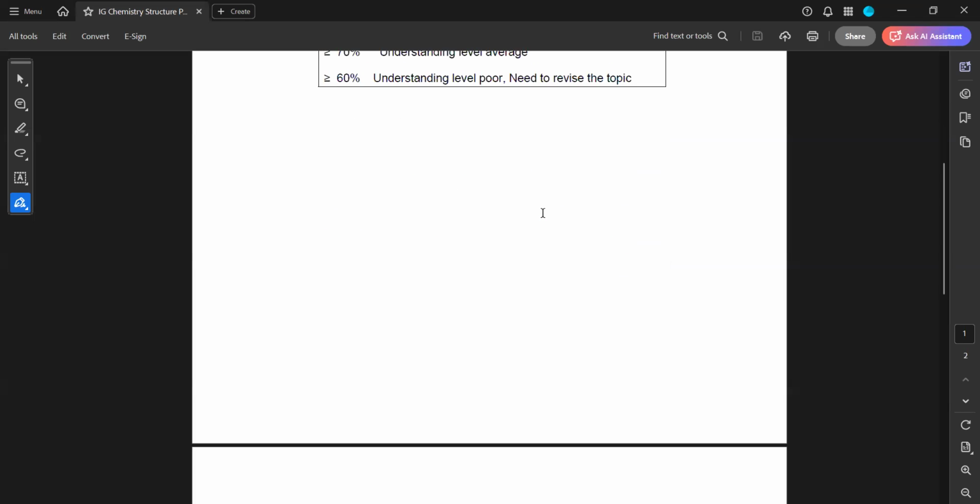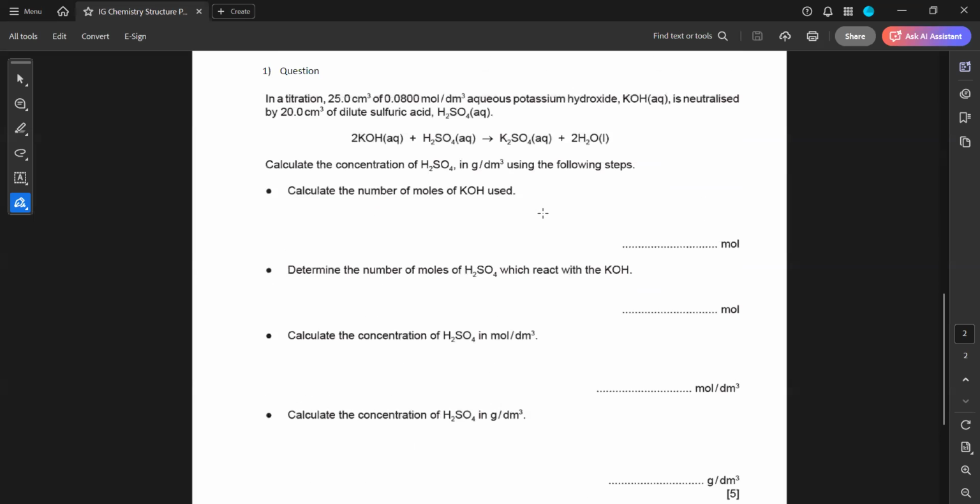The questions in this pop quiz were related to the topic moles. This was Structure Pop Quiz 7, from last week. So in this question,